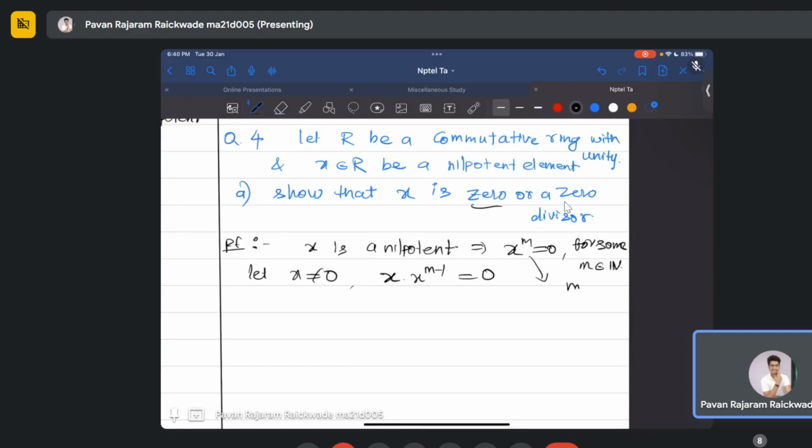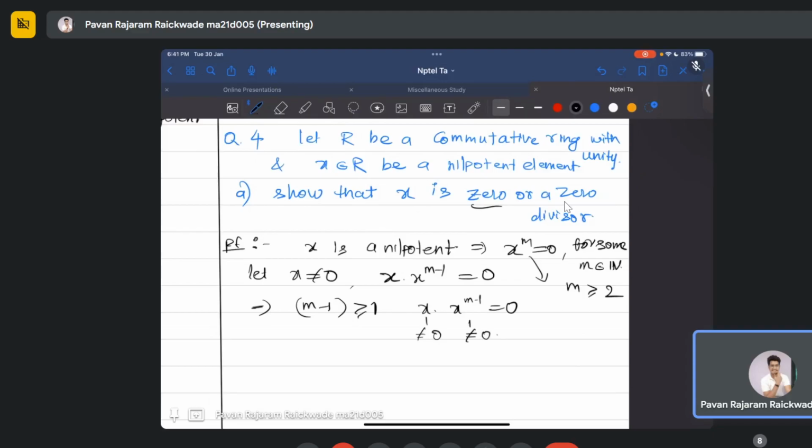So this m here has to be greater or equal to 2, right? Because if m is 1, then you have x equals 0, but I started with x non-zero. So m has to be greater or equal to 2, which implies m minus 1 is greater or equal to 1. Hence you have x times x raised to m minus 1 equals 0. x is non-zero and x raised to m minus 1 also non-zero,